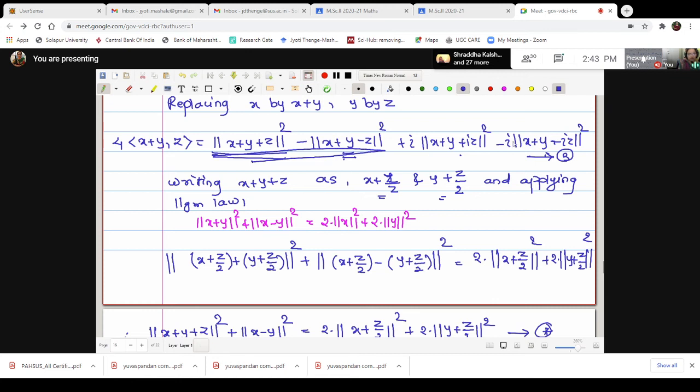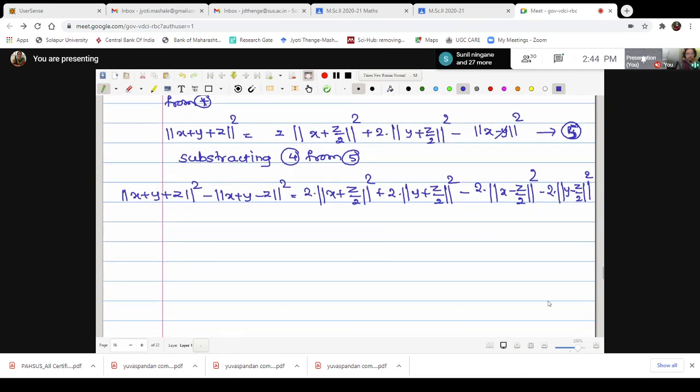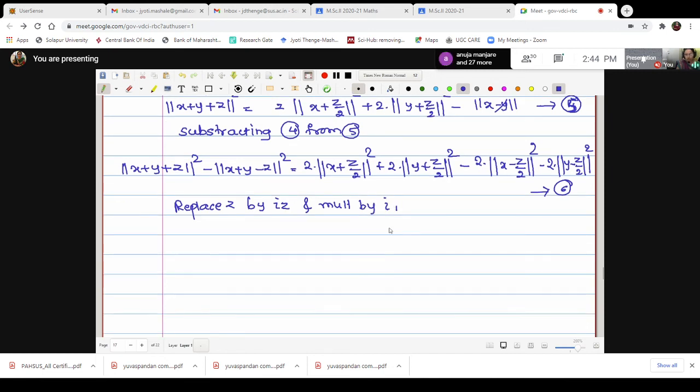Now we want to do the remaining. Now if we just look at the remaining, the only change is z is replaced by iz and multiplier is I. Therefore we will just take the help of this equation and we will do the corresponding changes. Therefore I will call this as 6, say. Now what I will do in changes in this 6, we will replace z by iz and multiply by I. Simultaneously we will do both the operations.